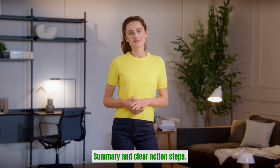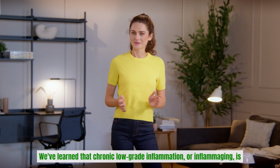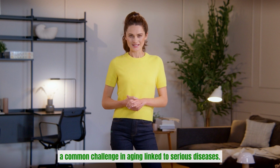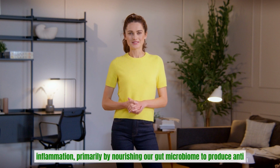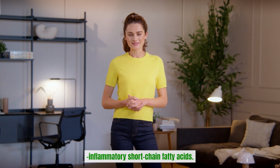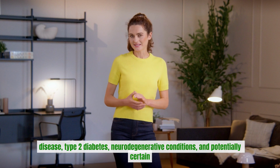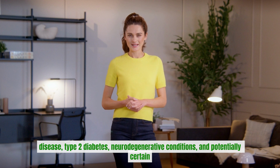Summary and clear action steps. Let's quickly recap the key takeaways. We've learned that chronic low-grade inflammation, or inflammaging, is a common challenge in aging linked to serious diseases. Dietary fiber is a powerful natural tool to combat this inflammation, primarily by nourishing our gut microbiome to produce anti-inflammatory short-chain fatty acids. This anti-inflammatory action helps lower the risk of heart disease, type 2 diabetes, neurodegenerative conditions, and potentially